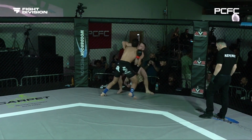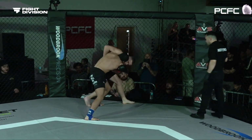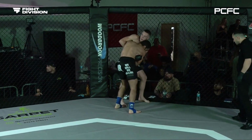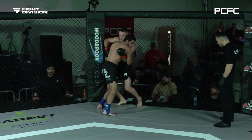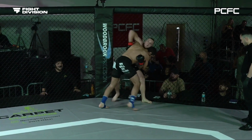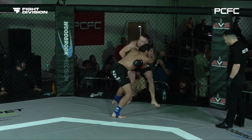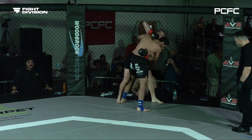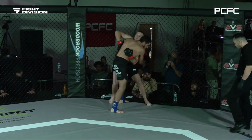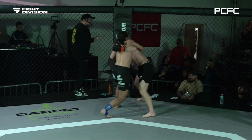But that one knee opened it up. But yeah, that's heavy pressure coming from the man in the blue corner. Tight squeeze, chipping little knee to the thigh. The underhook on one side. Davidson's looking to try and dig in. He ain't got any room to dig in the underhook on the right. Ideally, I'd like to see him from the left side and try and get him to turn him onto the